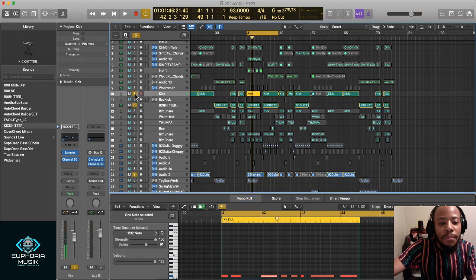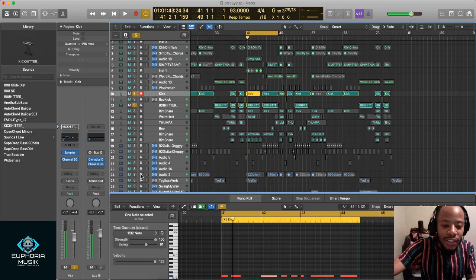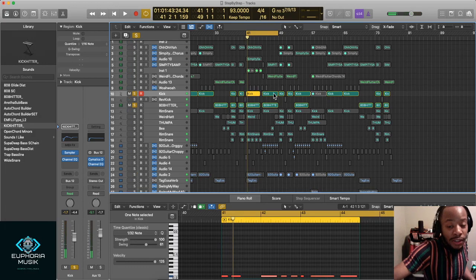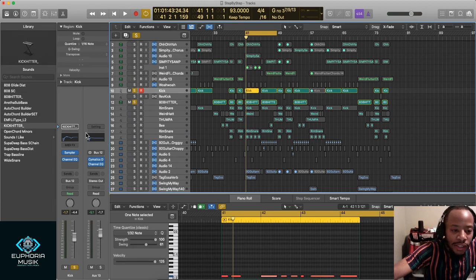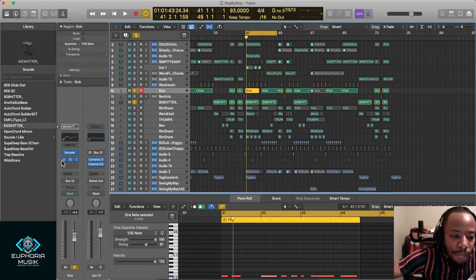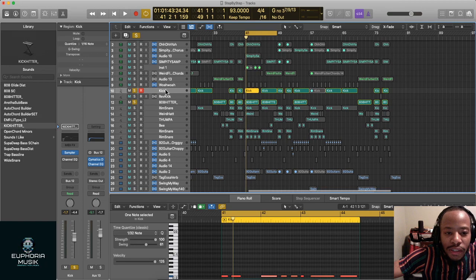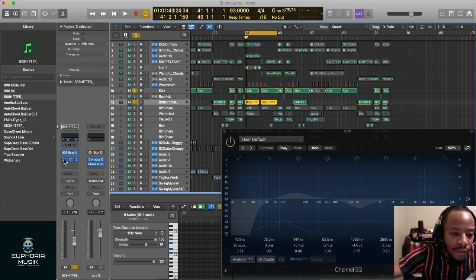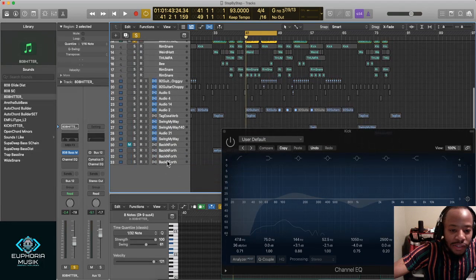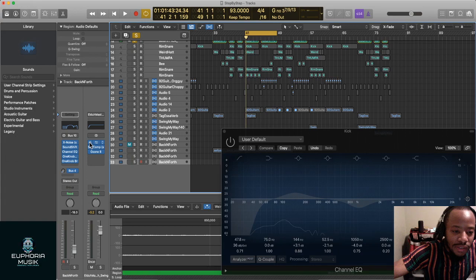So you notice they hit at the same time, but that's another reason why I had to really dig into making sure that the kick and the 808 were not hitting in the same exact place, because otherwise it starts sounding like this. Let me take off the kick EQ and the 808 EQ. I'm gonna take off the somatics and this EQ. So this is what it sounds like. Oh, hold on, let me take off the mastering channel too, because that's just gonna distort everything.